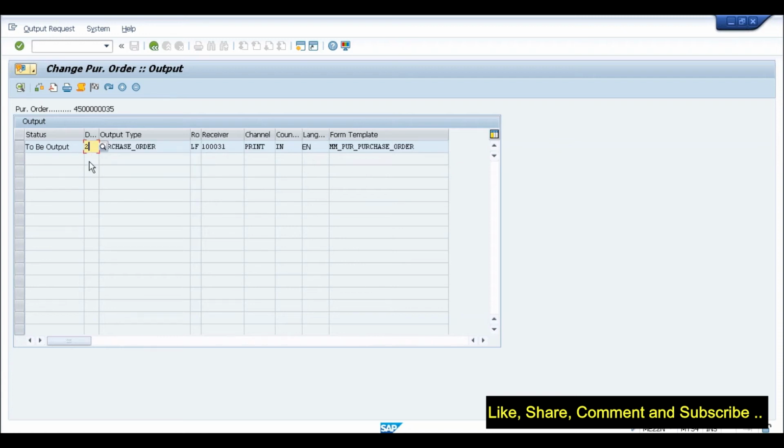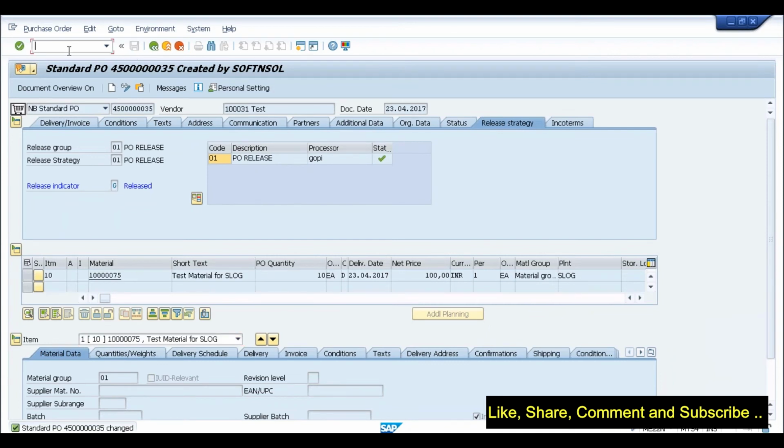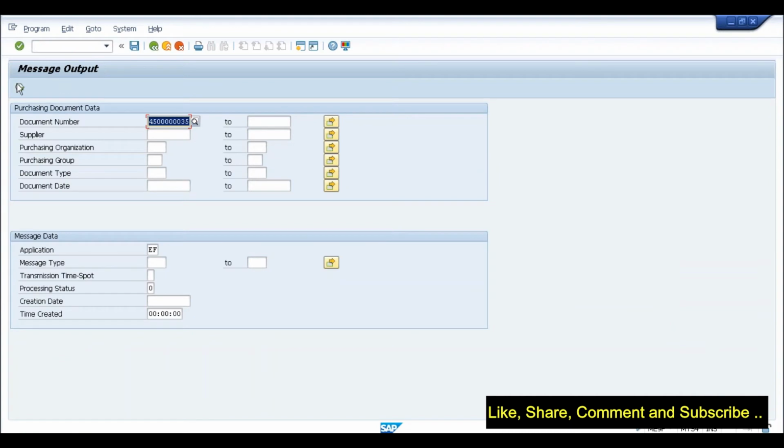Not immediately. So for example, if I set this to 2, which means I'll do the output later on, and I come back here and try to go through the normal transaction, which is ME9F, you'll get this message, no suitable purchasing documents found.